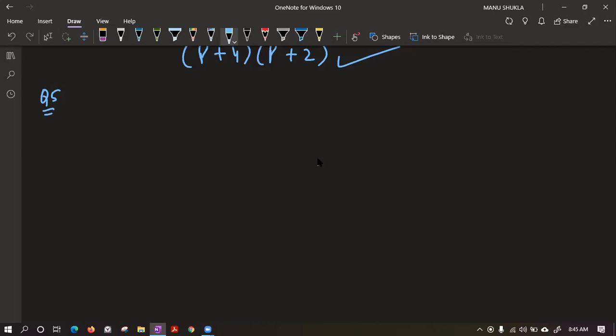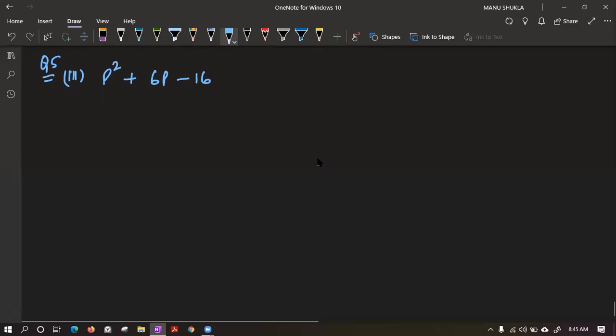Second part. It is having a negative sign. We can take third part also. Third part is better. p square plus 6p minus 16. Class, this question is a little bit misleading, because the first thing that I observe is this p square must have come from p whole square. This 16 must have come from what? Class,